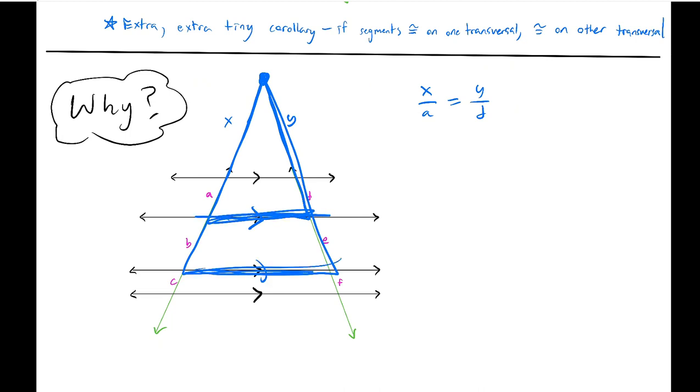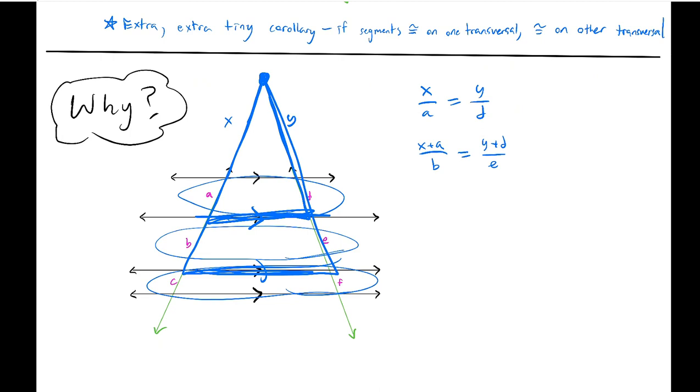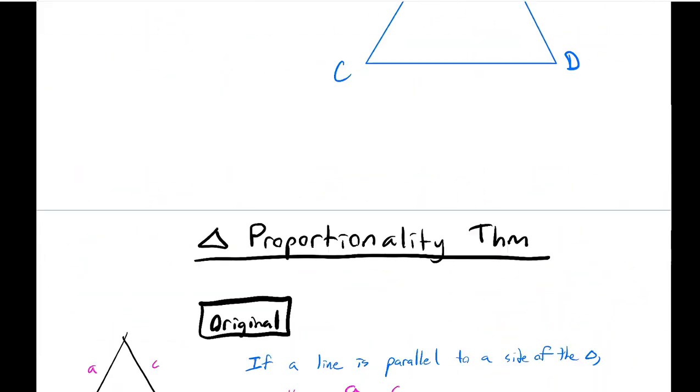Oh, well, then we go, X plus A is to B as Y plus D is to E, and then we could just do algebra on that thing, and we just keep doing that sort of thing, and we end up getting that these are proportional to these, and it's just a consequence of that same triangle proportionality theorem. So it all comes down to the fact that